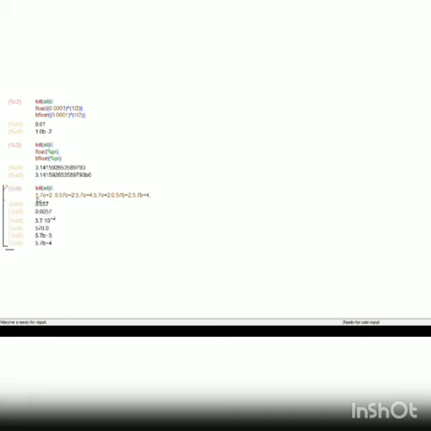See, for 5.7 E to the power of minus 2, it is 0.057. For this one, see, 0.57 into 10 to the power of minus 2. That means 0.57 divided by 10 square. 10 square is 100. If you want to shift the digit, you have to shift before the decimal point with 2 zeros. So 0.0057. That's the answer. And this is 5.7. It's in the good form already. Into 10 to the power of minus 4. 5.7 into 10 square, 100. 100 into 5.7 is 570.